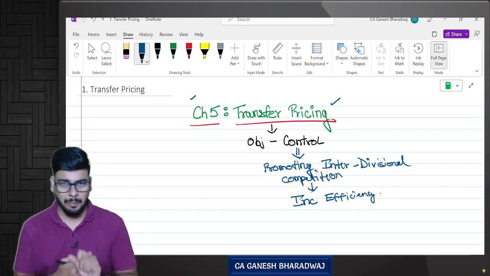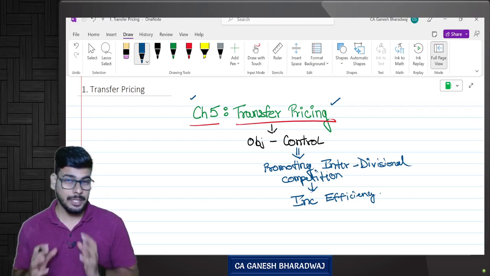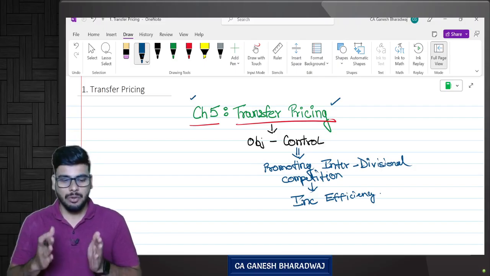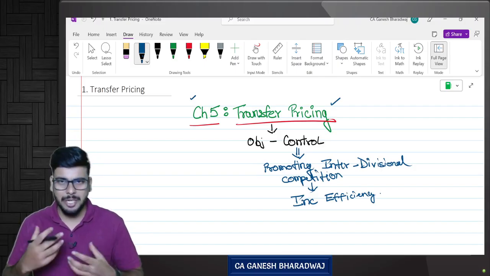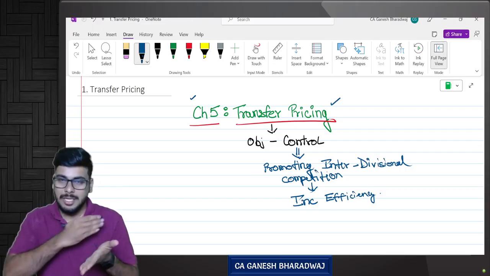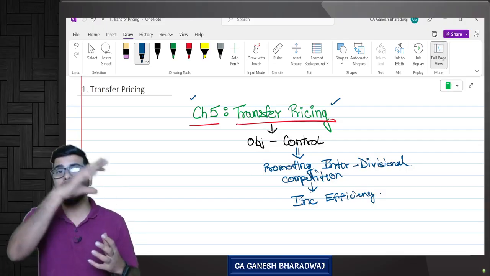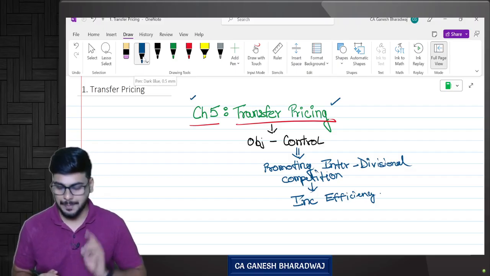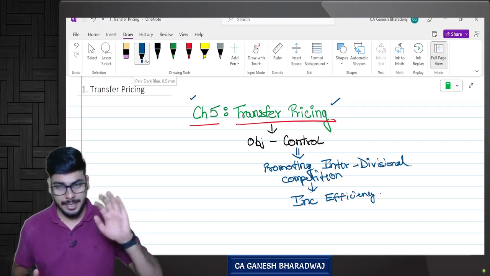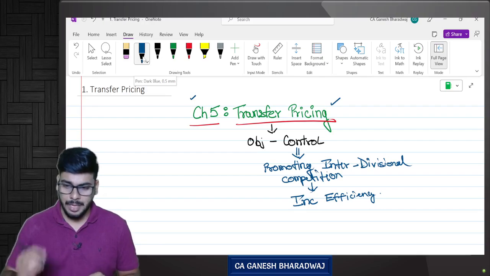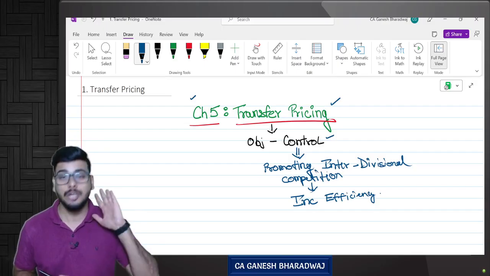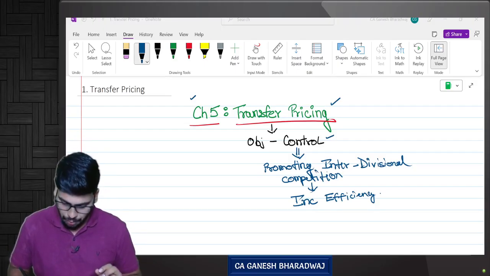Now, a very important thing that I want you to understand is this chapter requires a lot of reasoning, so it requires good continuity. So you might be having certain doubts in between whenever I say something. Please reserve your doubts till the end of this chapter, because only after we reach the end of this chapter will you be able to connect all the dots. Are you clear with this? Yes. Now, first, sir, you have written a few things. What are all these things? We don't understand anything. Yes, I will explain everything right now. First, this chapter helps us achieve the objective of what? Objective of control. So this chapter helps us achieve the objective of control.